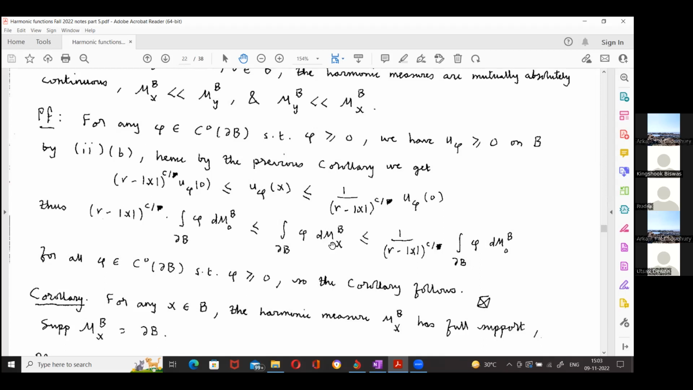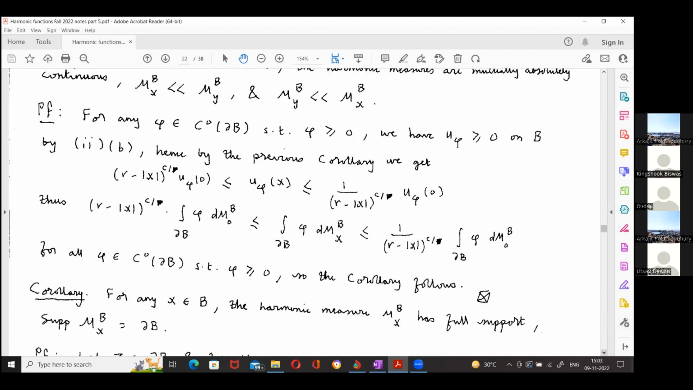Okay, if you know the integrals of two measures with respect to all non-negative continuous functions satisfy some inequality, then the measures satisfy the same inequality, right? So that's how we get this inequality between the measures. That's it. So as a corollary, what we get is